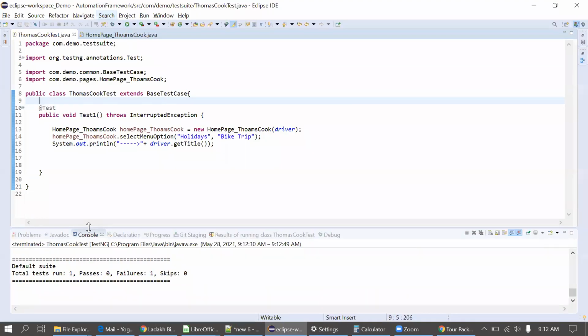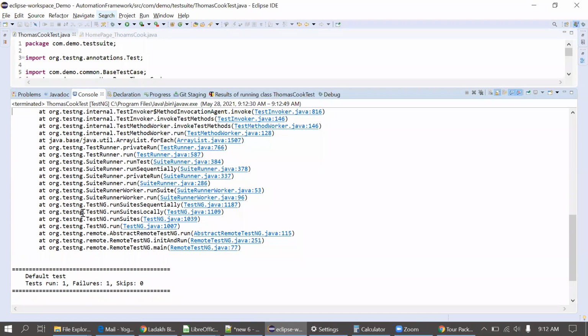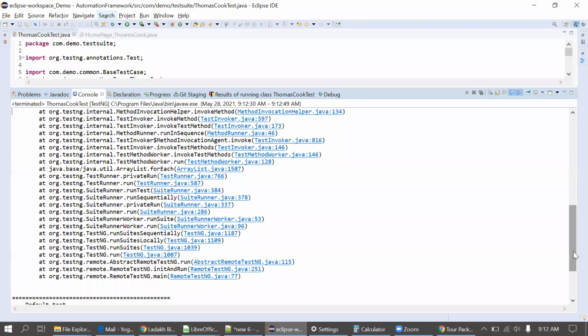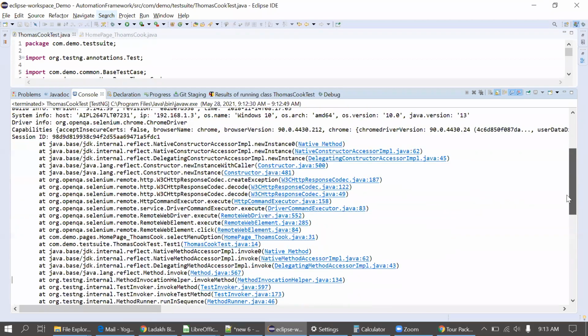Failure again. I think the page is getting refreshed. That's why it's failing. Element is not interactable.